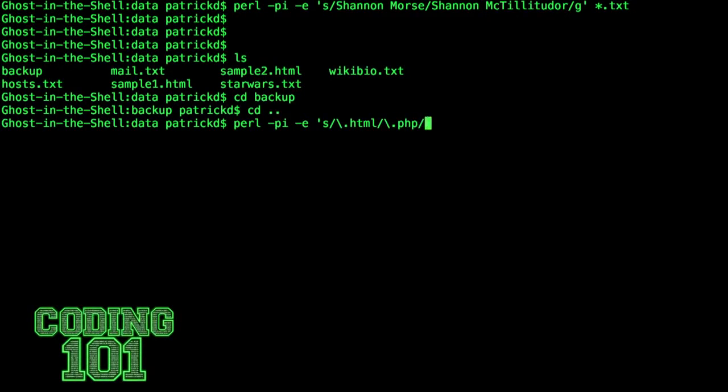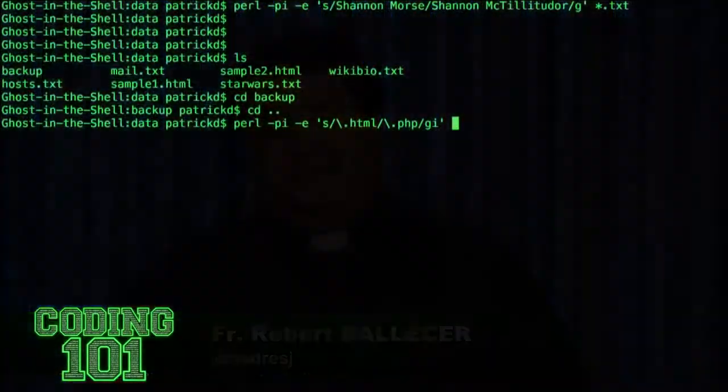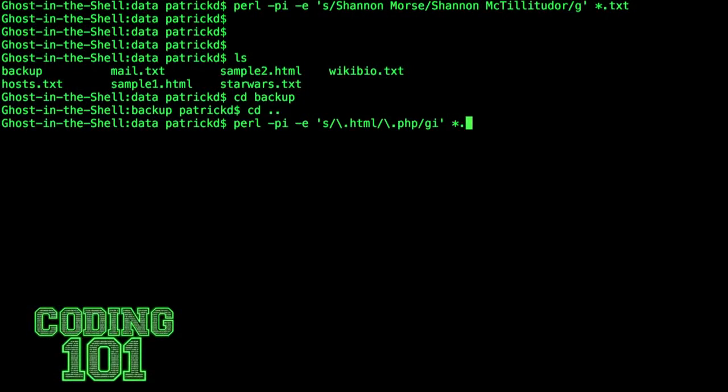If you had just put .html without the slash, it would have looked for everything with HTML after it. Whereas we're telling it, no, actually look for a file with the extension .html, and then I replace it with PHP. And I want global and case insensitive, even if it's capital .html. I want to replace it with